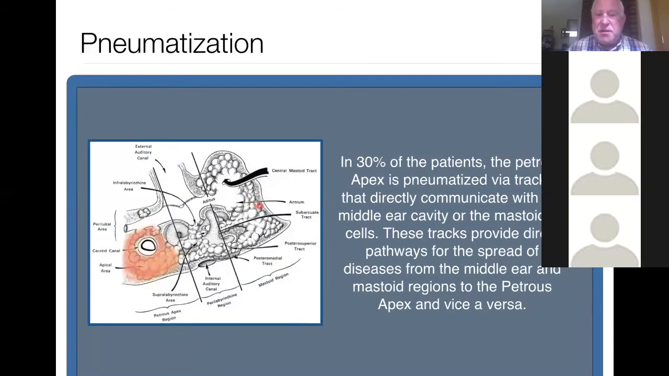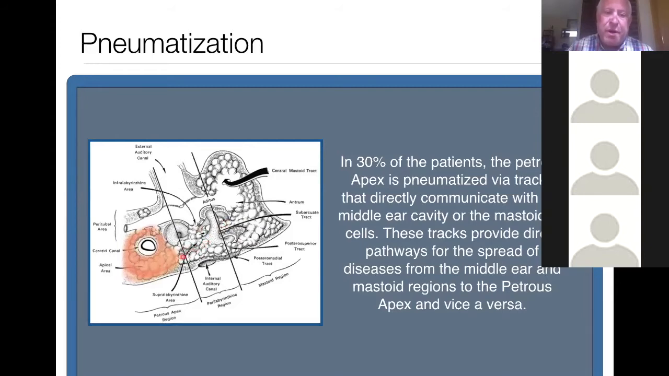Now here you can see, even though this is an artist's rendition, here's our mastoid air cell complex, the cochlea, semicircular canals, and the Petrous apex. What's important is it's these tracts that go superior to the superior semicircular canal between the rims of the superior semicircular canal, underneath the cochlea, and underneath the labyrinth that lead to the apex,